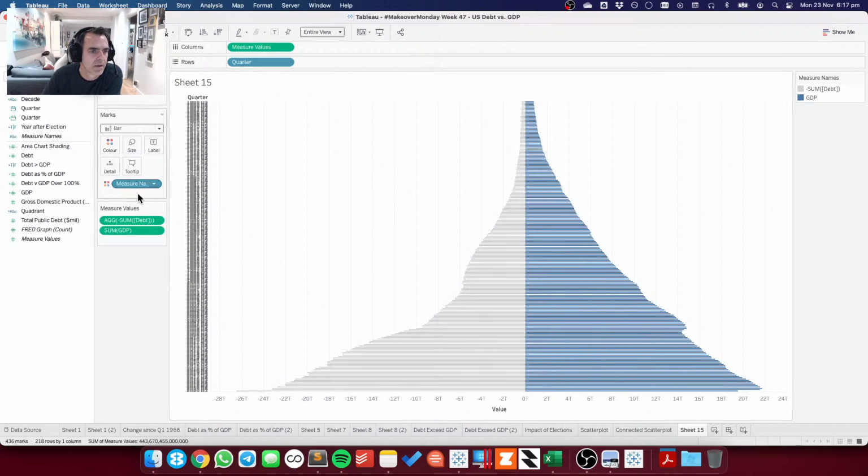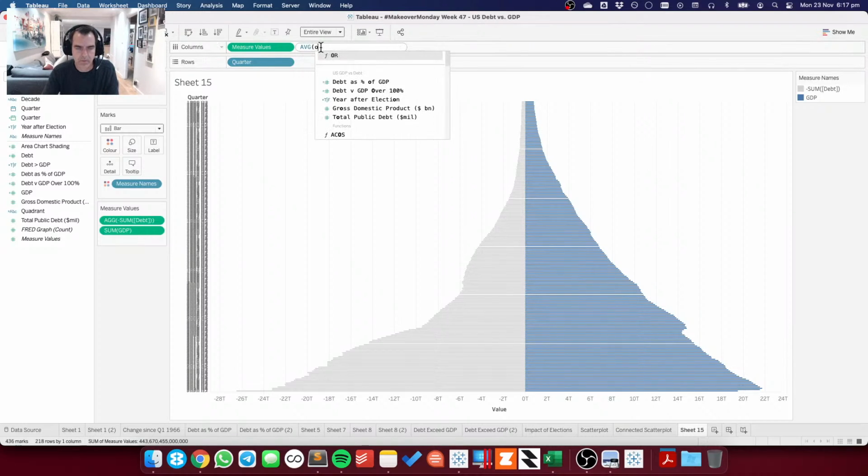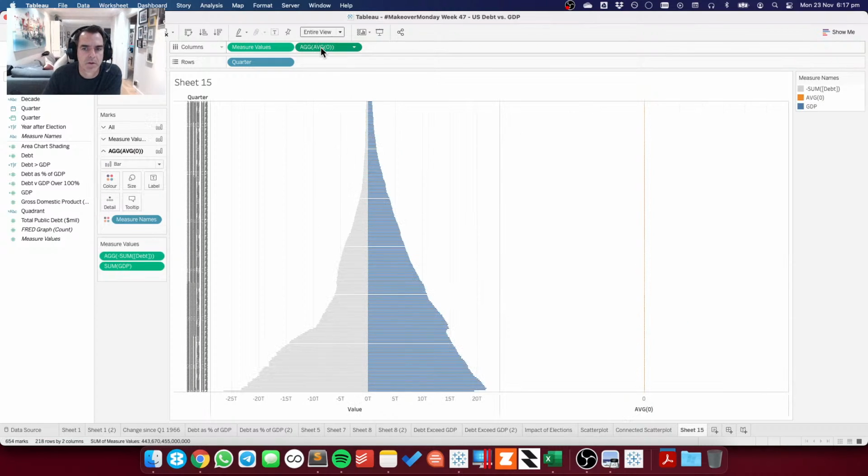And then what I could do is put a dual axis on the 0. On the 0, instead of that being a bar, I could make it text.